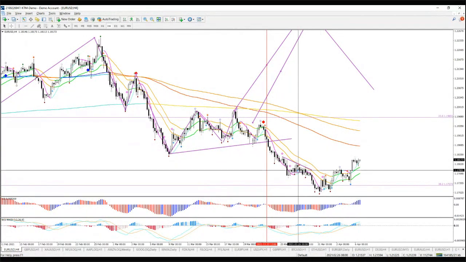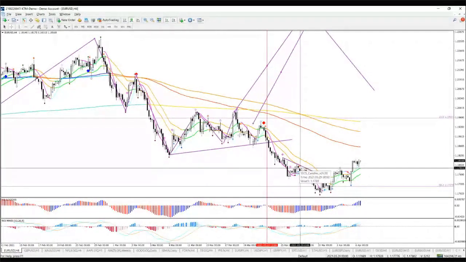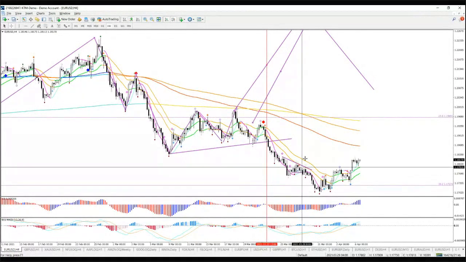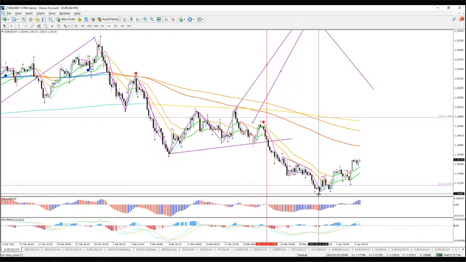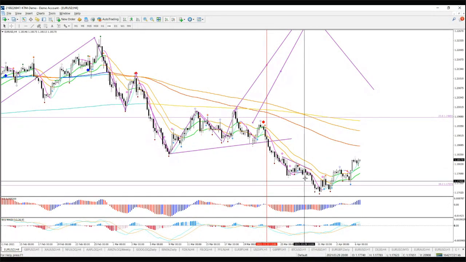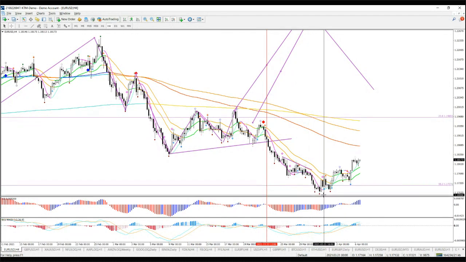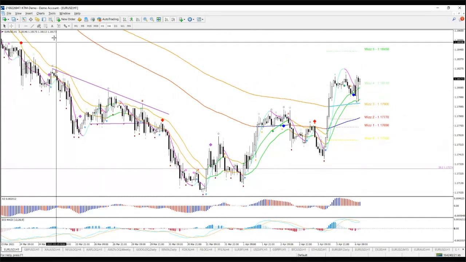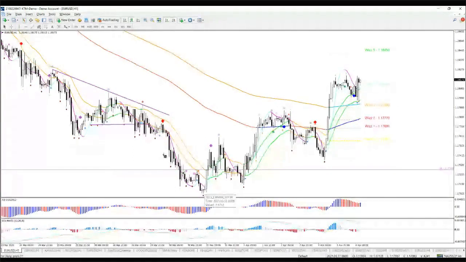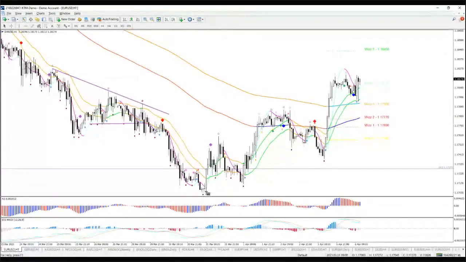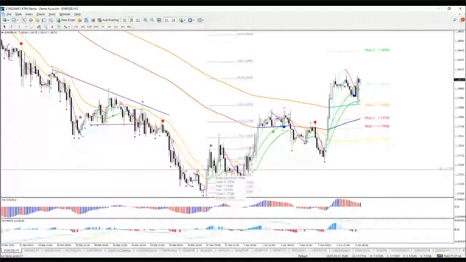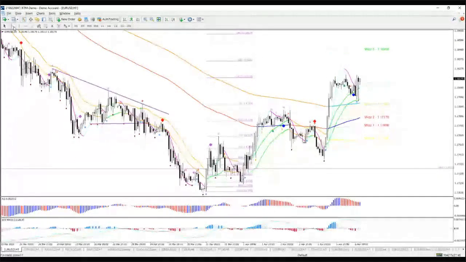Here, too, I was neutral. I was waiting for a break up or break down. It broke down. So, again, there were reasons for trading to the downside. Those were profitable. Then I expected a bounce. So I said I'll put a fib. Not only did I expect a bounce, price showed a bounce here. 3 bullish candles. And I said there should be a pullback into the 20-day. And that was also a winning potential.